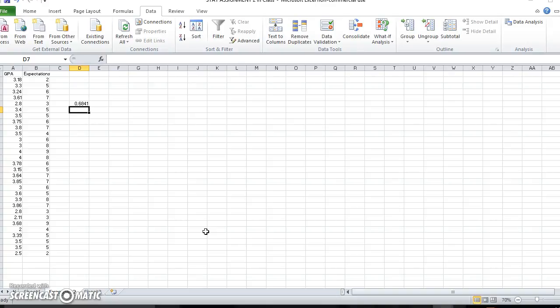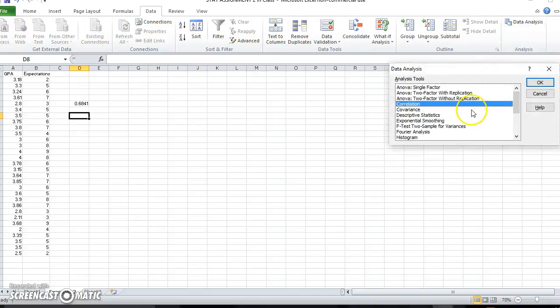So that's really interesting. So I guess not surprisingly, people with a higher GPA expect to do better in the class. Again, this is fictional data. The other way we can do this is to go to the Data Analysis tab and go to correlation,